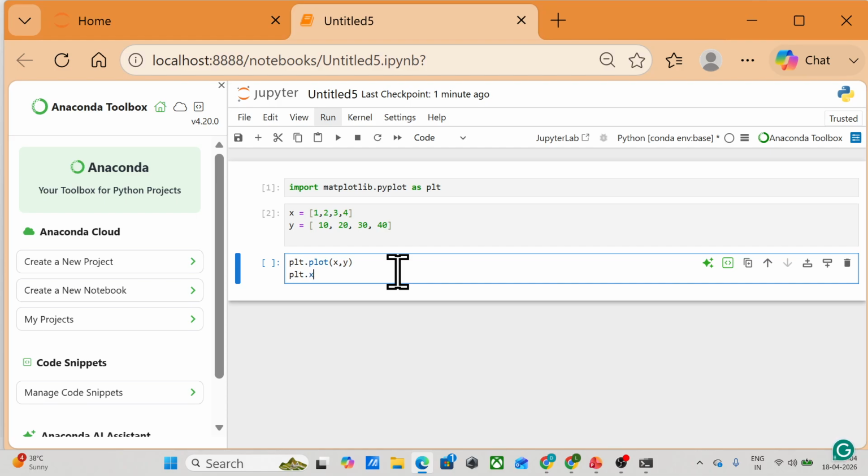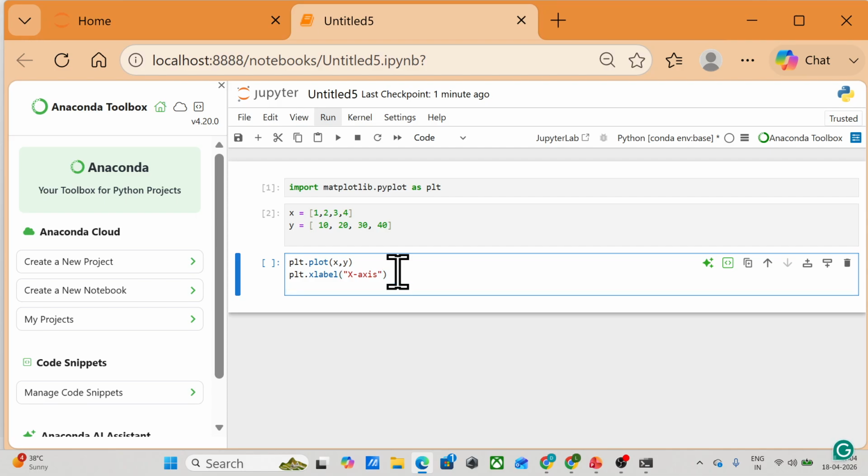We'll take xlabel, and we'll call it x axis. Similarly we'll take ylabel, and we can call it y axis.